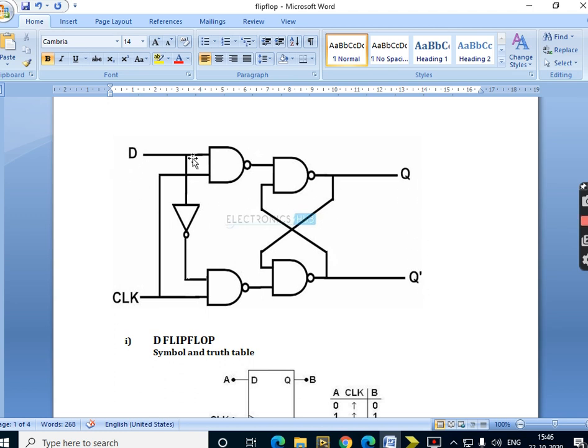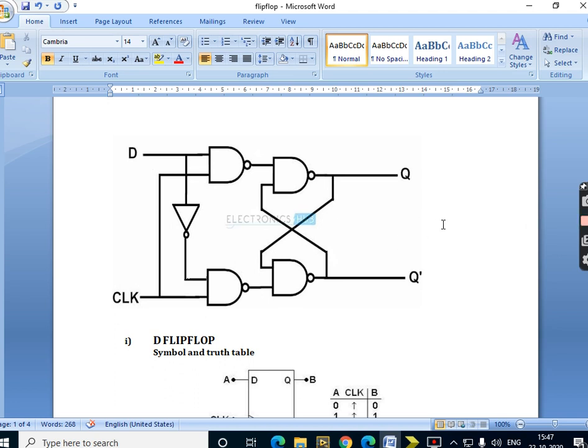So this flip-flop is capable of holding one bit of data for a time duration set by the clock, and therefore it produces a delay in the production of the output value. It means that the Q output totally depends on D, but it produces the output only when the clock is inserted. So therefore this flip-flop is also called a delay flip-flop. It simply produces the output same as that of the input, but with the addition of delay.